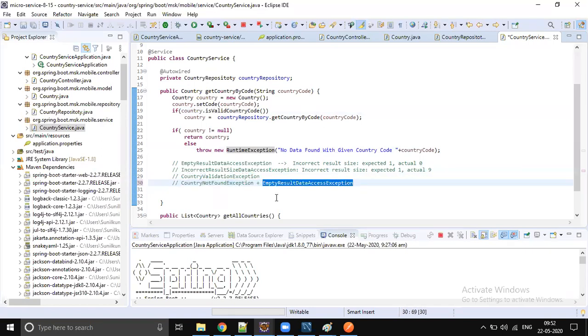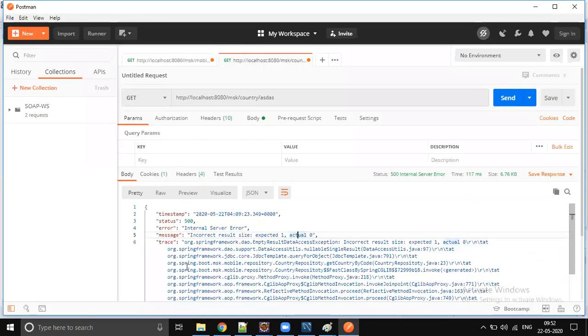Spring automatically throws empty result data exception. If Spring is not throwing that, you should take care of it. Before returning, you should check whether the data is null or not. If the data is null, then you should throw country not found exception. It's not just about throwing an exception. If you throw an exception, it will be visible to the client like this.